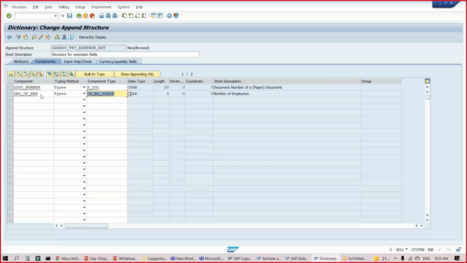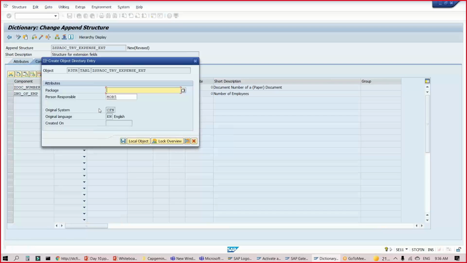You can also create a new data element, a custom data element, and add them. So usually the best practice is all the Z fields also start with Z. This is a best practice which we follow so that we know that these are custom added fields. My goal in my trainings is not just to teach you how to do stuff, but also to do it right. You have to also do it in the right way so that later on you don't have to suffer in the reviews to redo all the work. Sometimes when architects or senior developers review your code, they should not give you bad comments on quality. The quality is also very, very important than quantity.